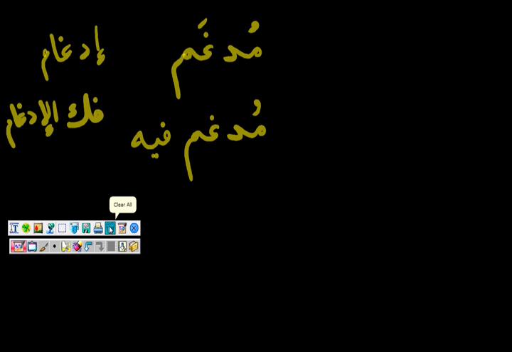In a single word, in a single root, you will have some words that are used with idgham and some that are used with fakkul idgham. In some cases, you can use both ways. Right? And so we'll talk about that not in the near future, but at one point there are certain verbs that can be used both ways. And there's a preference given in some cases to fakkul idgham, to separating the two letters. That's the way the Quran uses words that can be used in both ways. But the more common way to use it in Arabic, of course, is the reverse, because it's quicker and easier. So we'll talk about all of that in the future.